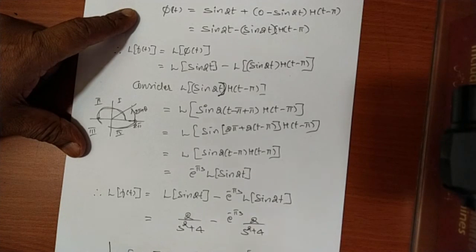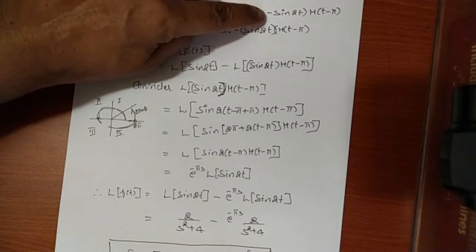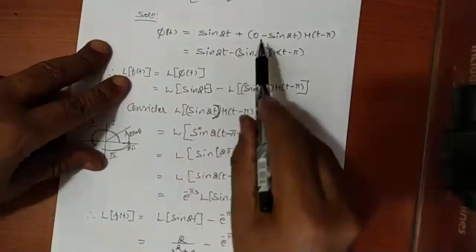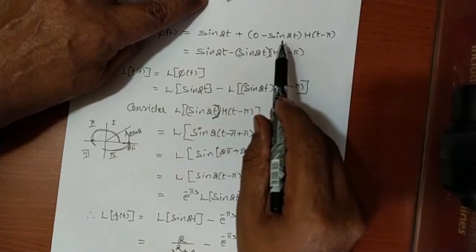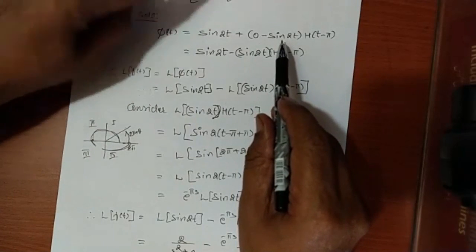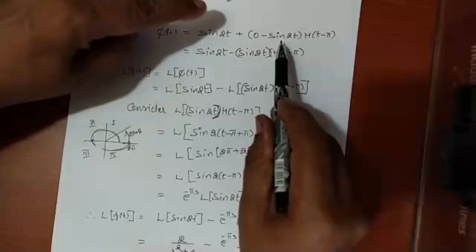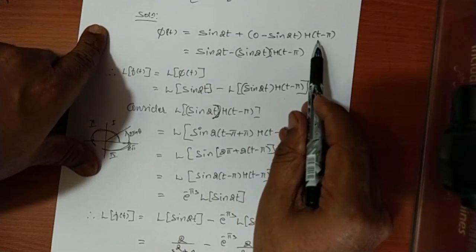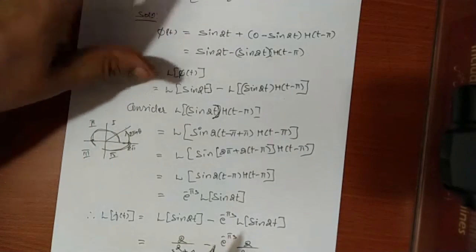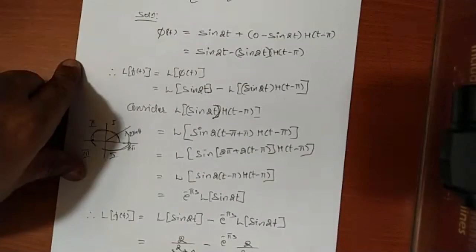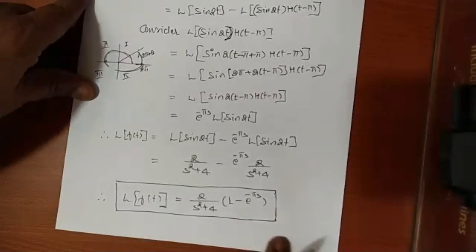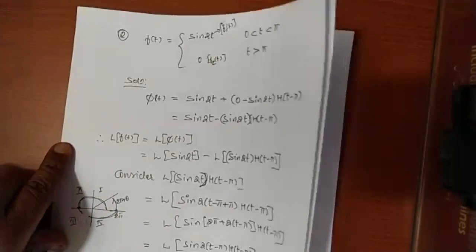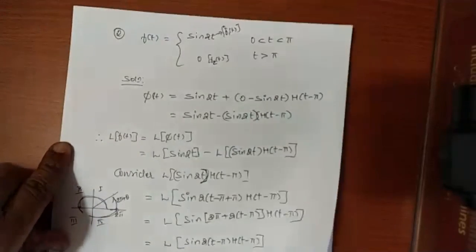So this is how it works. If something is given as 0, just don't worry about the expression. See, this becomes 0 minus sine 2t only, since f2t is 0. Suppose 0 and sine 2t are given, then f1t becomes 0 plus f2t, which is sine 2t minus 0, times h of t minus pi. So whatever values are there, just put those values in and solve the problem. So this is how you can find the Laplace transform.